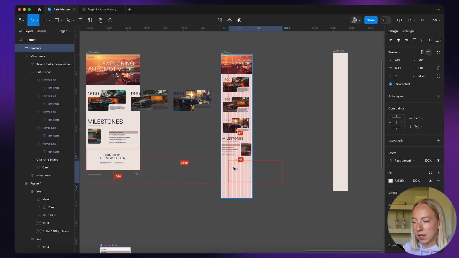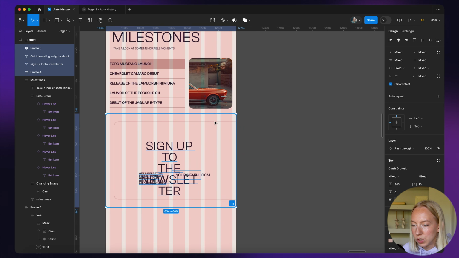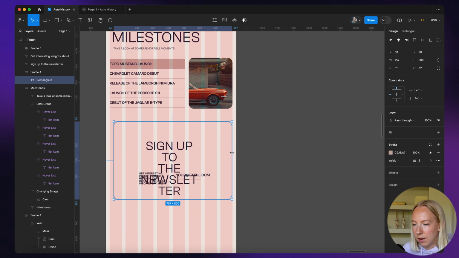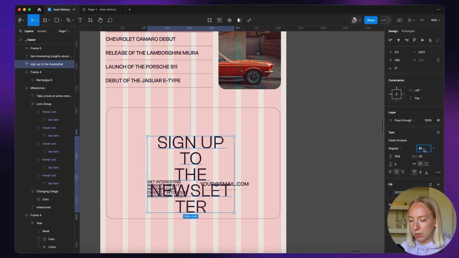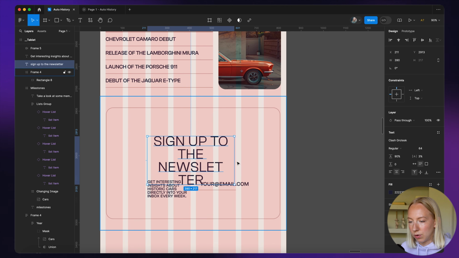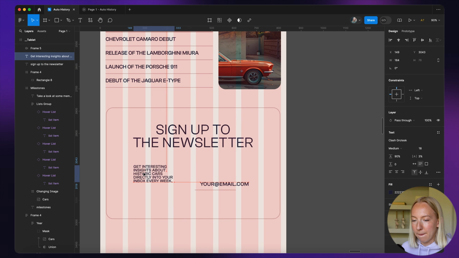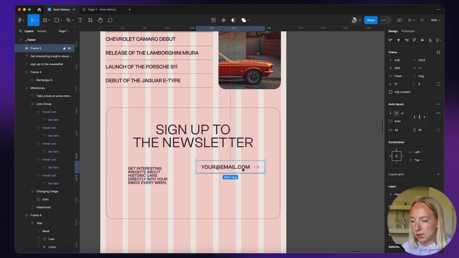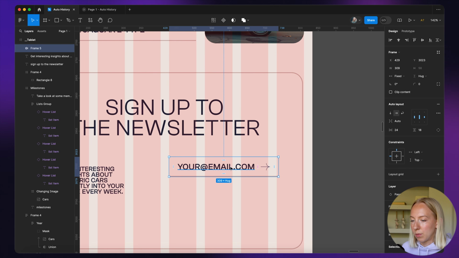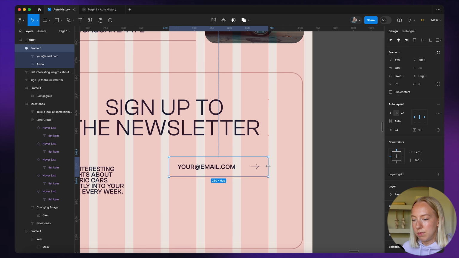Now this newsletter section will be super easy too. Just going to kind of squish it together, and then we can resize everything. So we'll do like 64 pixels for here, and we can make it take up a lot of that room. And then I'm just going to align these to, let's say, I could probably make this a little smaller and align these each to be